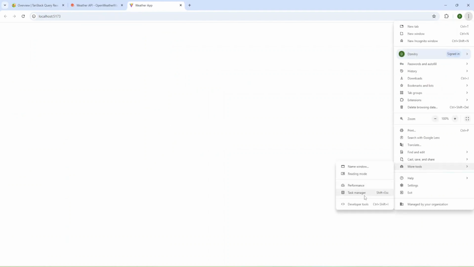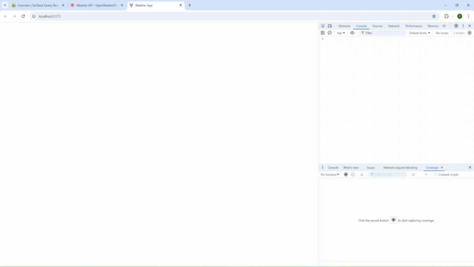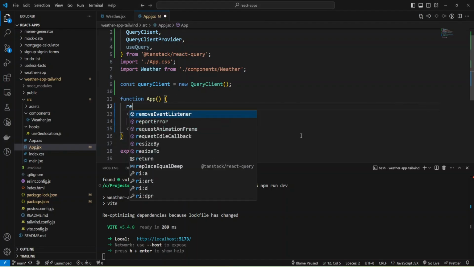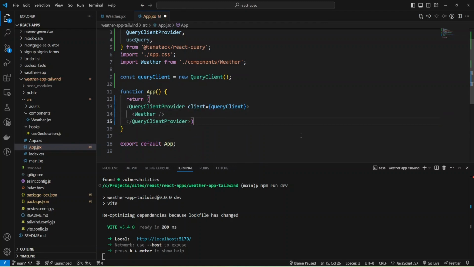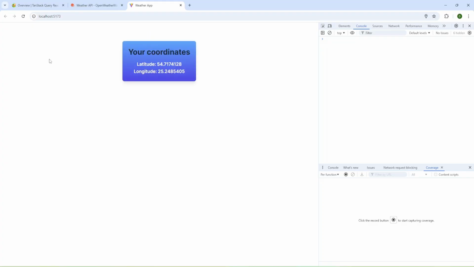Okay, and probably I have some error. Let's check the code. Okay, I need return here. Return JSX. Let's check. Okay, we have our coordinates, and we can build our application.